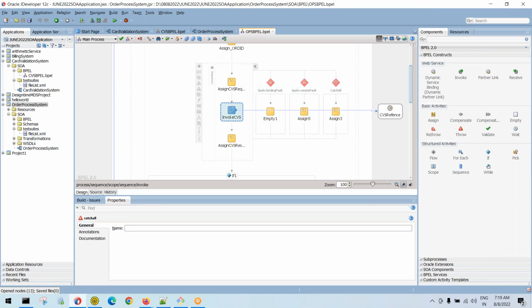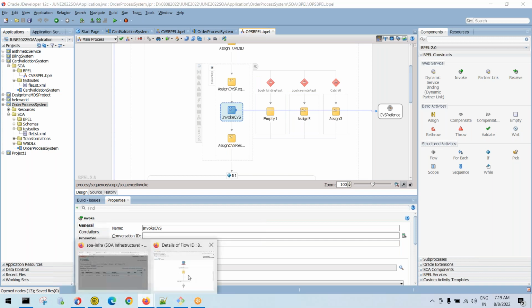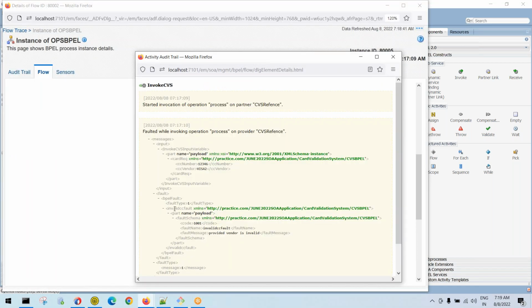So what is the error we received? We received the fault name. Check the fault name here. We received a fault called invalid CC fault. Of course, it's a custom fault in card validation system, but it has a name, invalid CC fault. So your order processing system